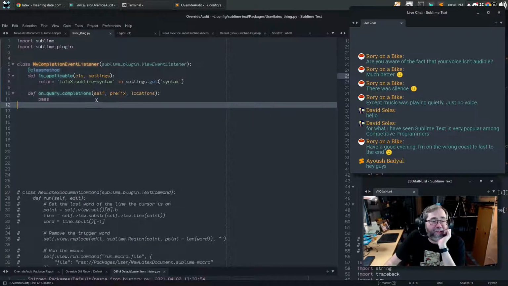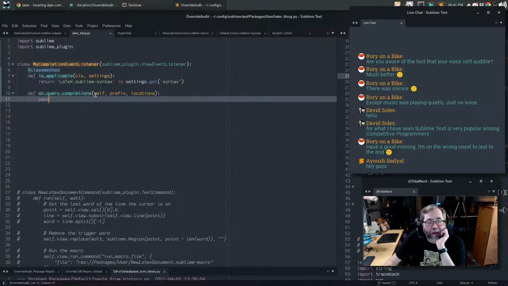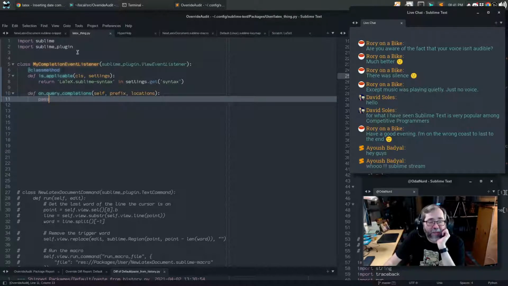Normally what you would do is something like, I'd only want to apply completions in a LaTeX file, but since this particular listener only listens in a LaTeX file, we don't need to do that. We knew that this is